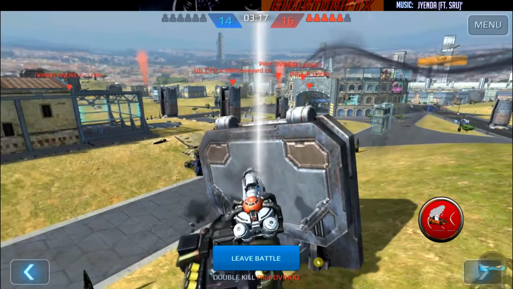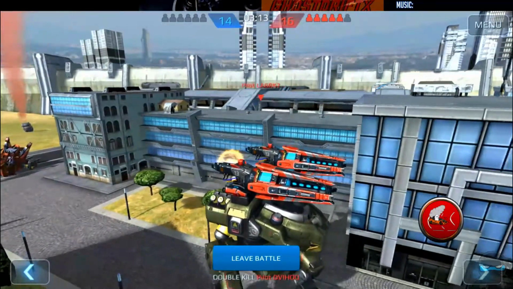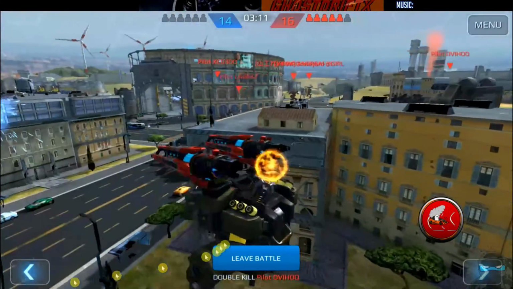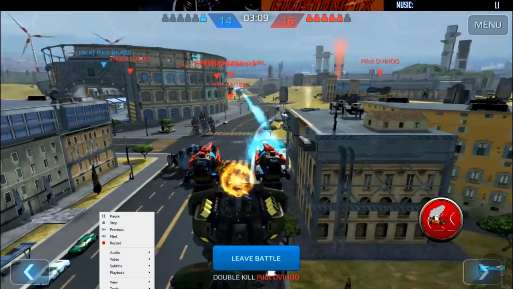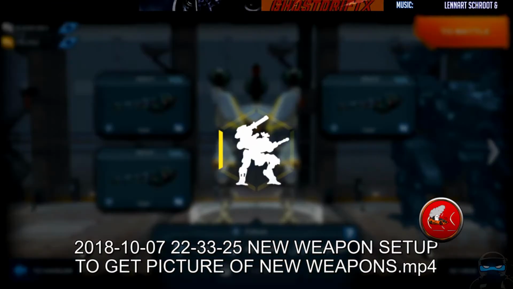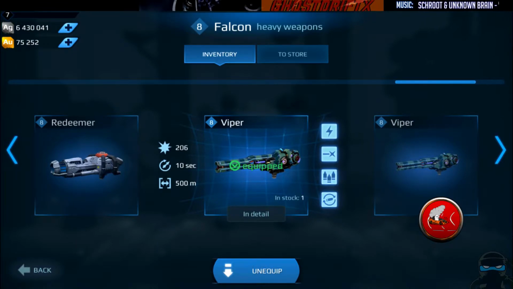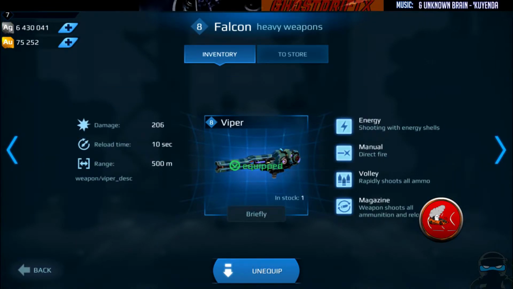Oh my goodness. So anyway, that's my take for this server. You got the weapons in the building, people, and these are the new guys. This is what you're gonna be seeing: the Viper and the Wisp. Okay, 500 meters. That's the thing. 10-second reload, 206 damage. Doesn't seem like a lot, but the big one, when you get hit enough by it,